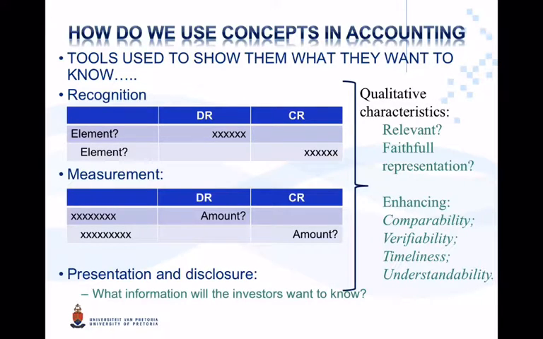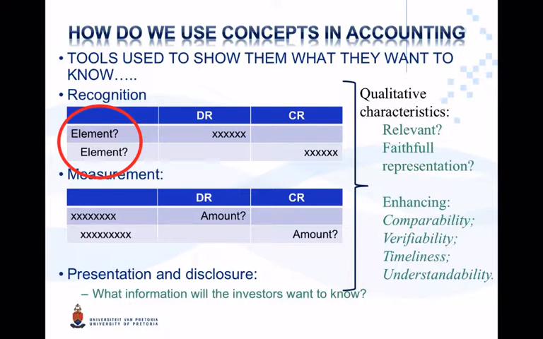Accounting starts with an economic event. That is the starting point of the whole accounting process. Then say to yourself, okay, what element do we have in accounting? What do we have here? Is it an asset? Is it an expense? On the credit side, is it equity? Is it a liability? Is it income? So go through your element definitions and work out what we are considering here. That'll be your first call.